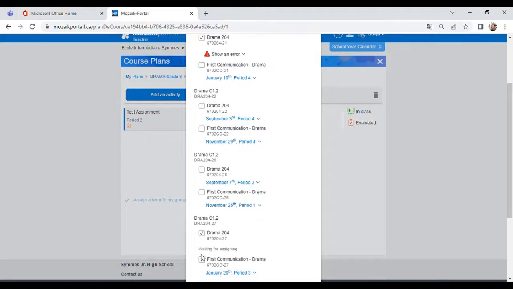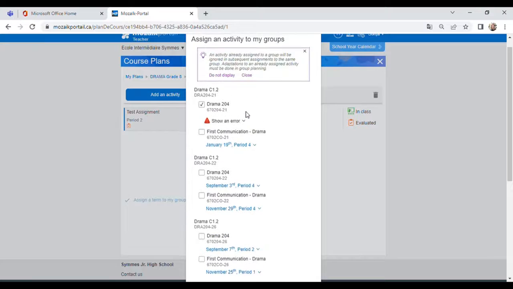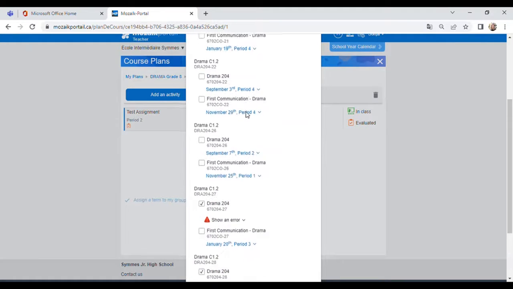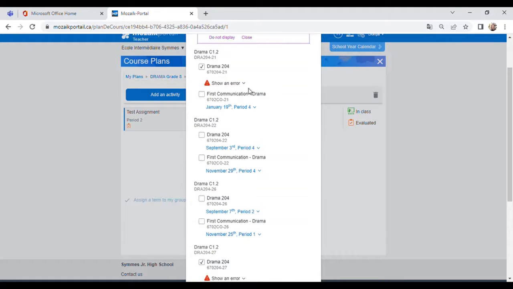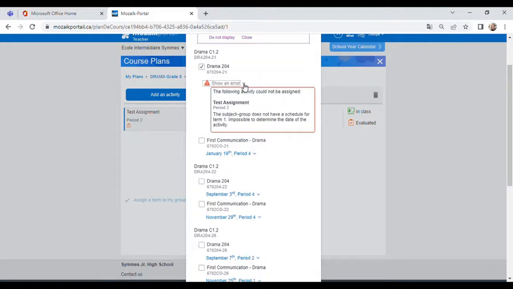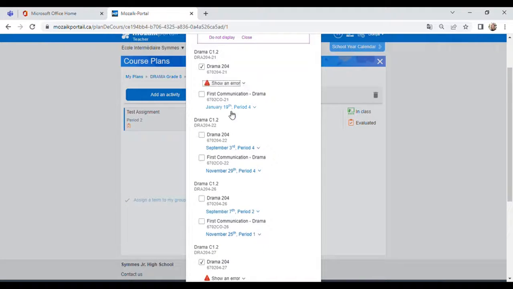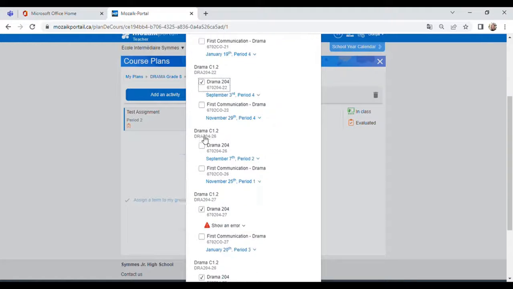I'm going to assign that, and then what happens is it tells me that it's an error, because it can't be a term 2 assignment because it's currently in the term 1. So then you look at that and you're like, oh, but this is scheduled for term 1. It will only let you assign it to where it can be. So my term 1 groups, if I click that,